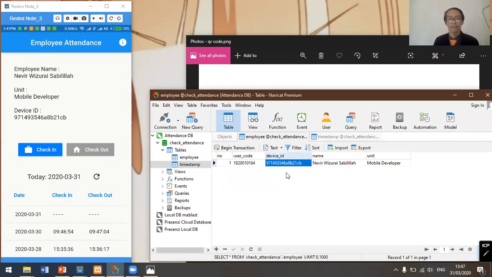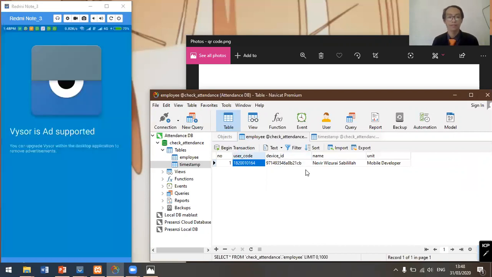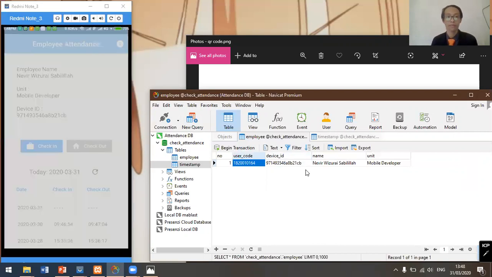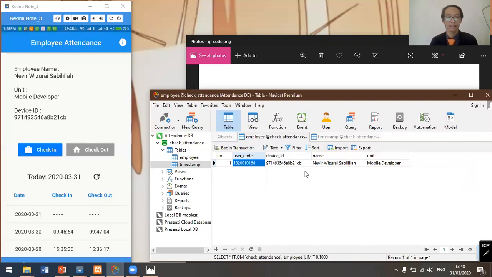Both the device ID and user code are used to validate whether the user scans their code with their own phone, making it impossible for, let's say, an employee to scan another's code using their phone, which can lead to a lot of problems such as false reporting and something like that.